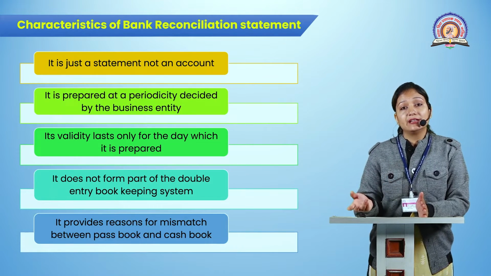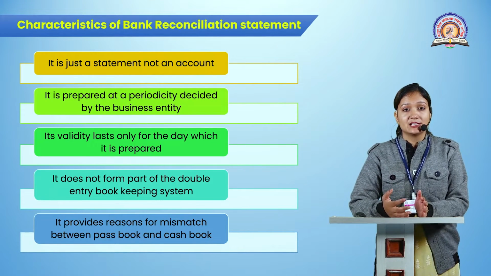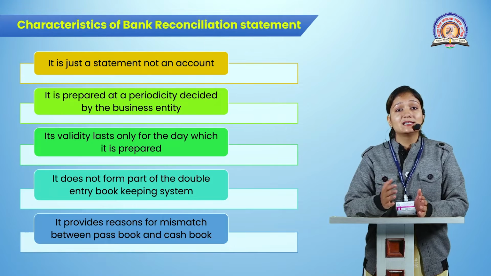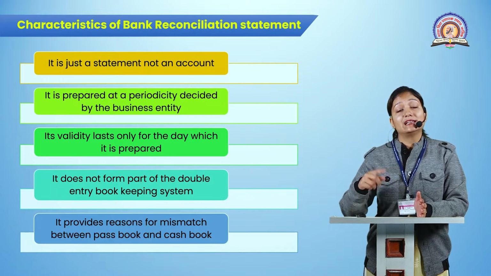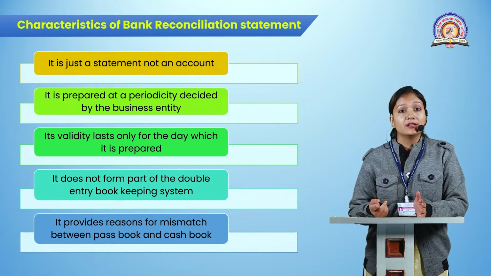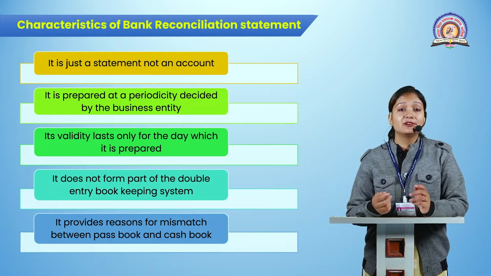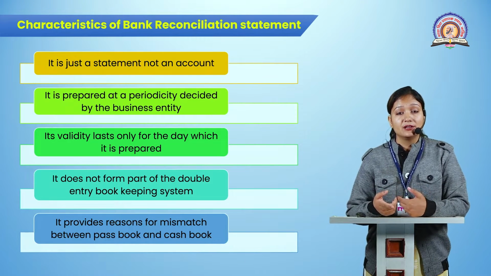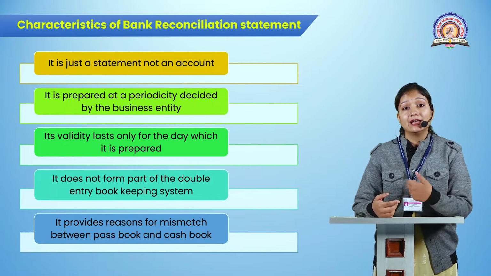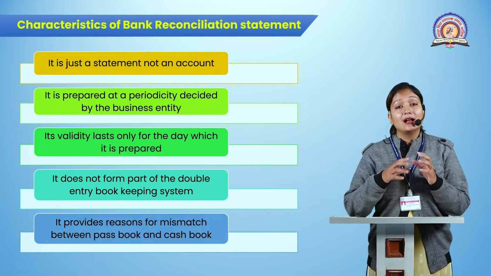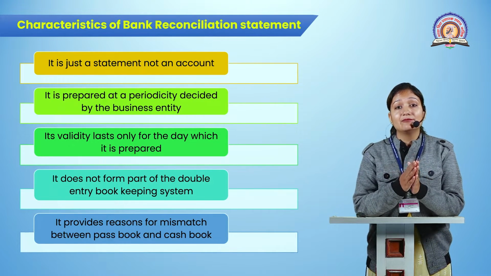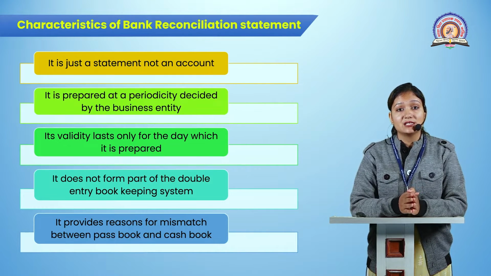Now after a day, if I am doing 15 transactions, or fewer than 10 transactions, my transactions will be different. Okay, so when my transactions are different, my entries will be different. So that is the reason I am saying that when I am doing business, I am doing transactions, and when I am matching the cash book and passbook, it means what?